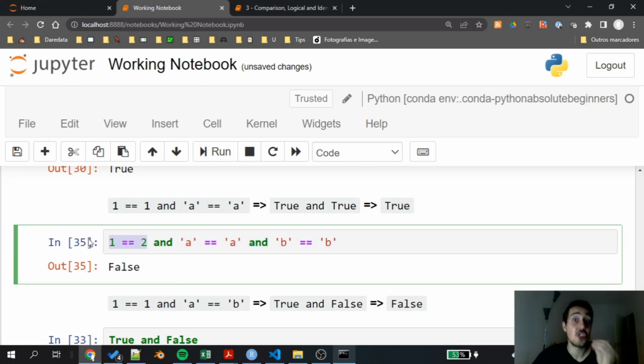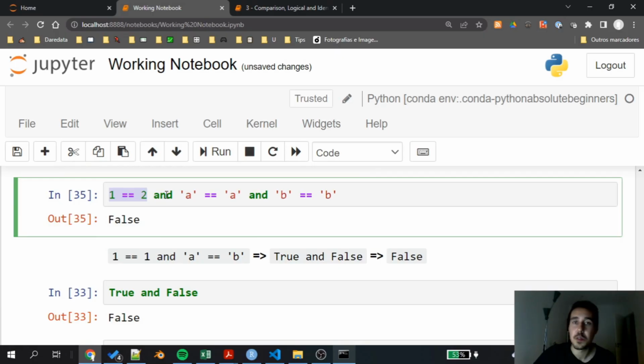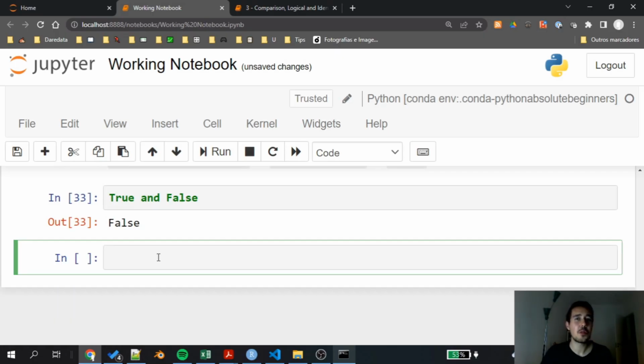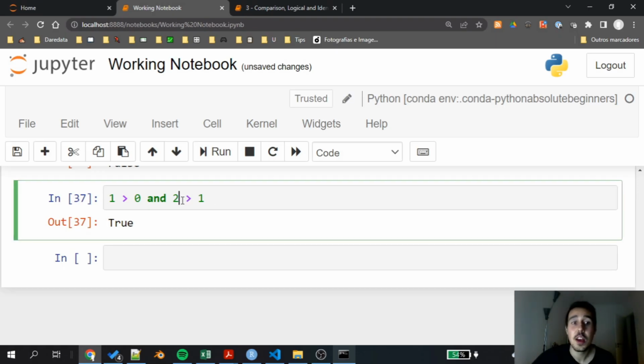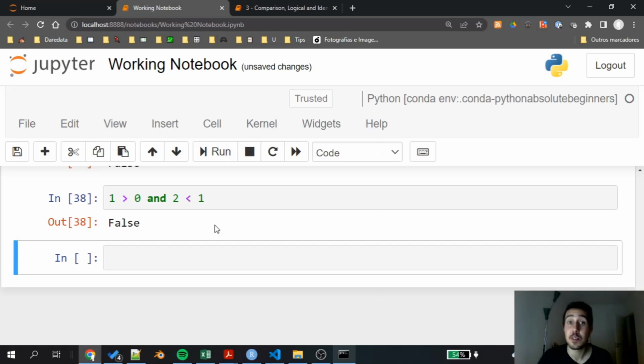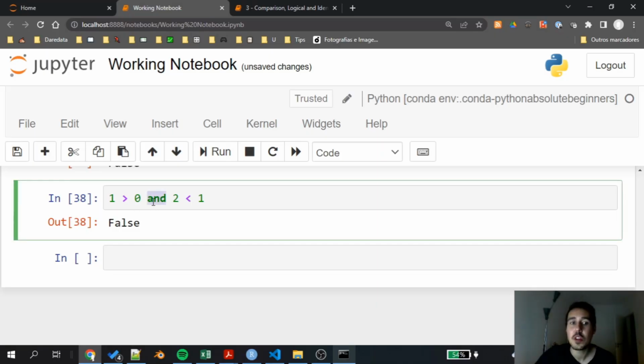And that changes significantly the result of the logical operator. So this is of course something that you can expand for other things that we've learned with other operators. 1 is greater than 0, it is, and 2 is greater than 1. This will of course yield true because both conditions are true. If I change this sign to less than, I'll have a false because 2 is not less than 1. Make sure you remember this rule that AND needs all the conditions in the expression to be